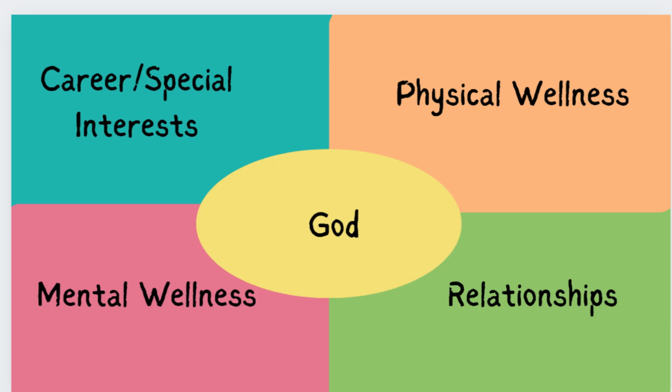As you are plotting everything, I want you to be really intentional about where you're placing different things instead of just finding pretty pictures or words that stand out to you. Make sure they make sense, because what you're going to do with this vision board when you're done, you'll do it within your vision book. If you don't have the vision book yet, I'll put a link in the description of this video so you can get the digital version of it. You can print it out, or you can actually do a digital vision book or vision board.